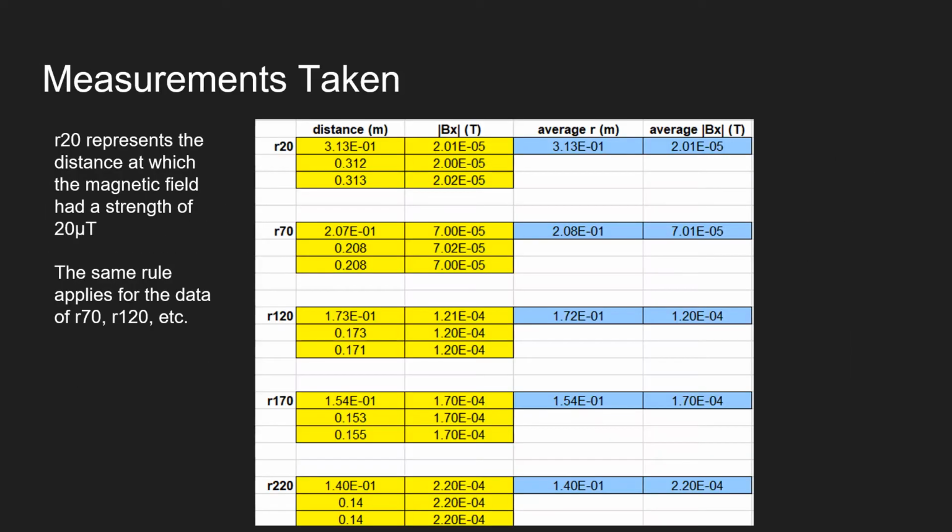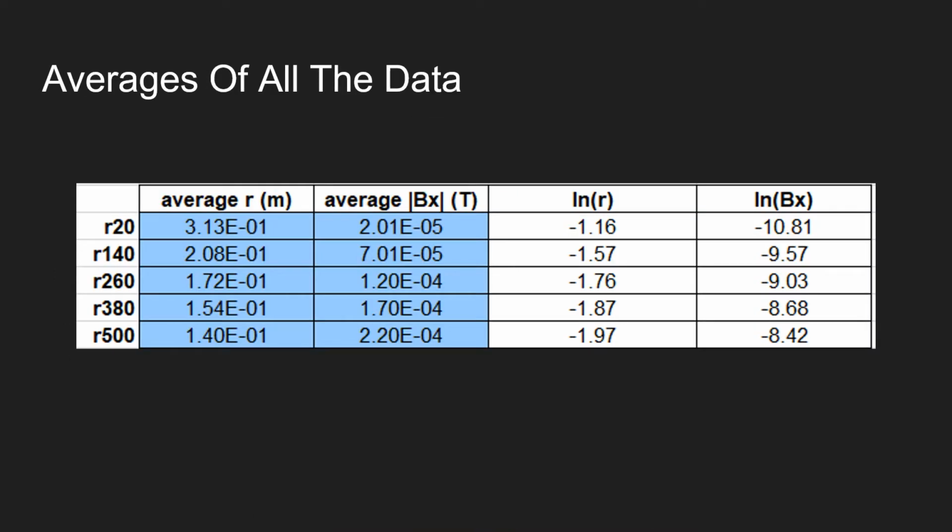This is actually a screenshot of all of the data we took for this experiment. We found the distances at which our magnet produced a field of a target strength and took multiple samples to average out the data and be as accurate as possible. And this table sums up our data by giving us the average distance and corresponding field strength of our targeted